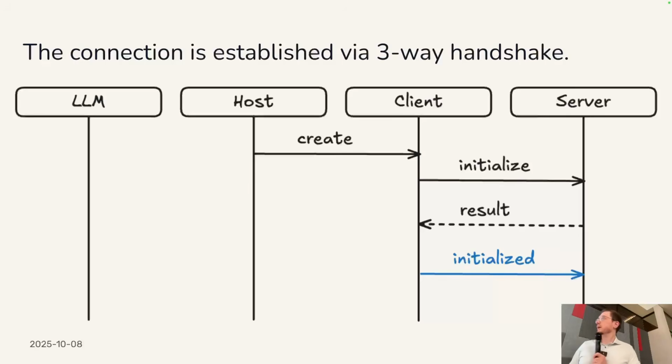Right. Next up, how do you establish a connection between the two? It's a standard three-way handshake where you have the host that spawns the client into existence with the correct configuration. The client then sends an initialize message to the server, says, hello, I exist, this is what I can do. The server responds with, hello, I also exist, this is what I can do. They negotiate which MCP protocol version to use, details, and then